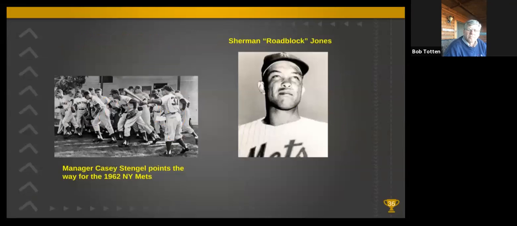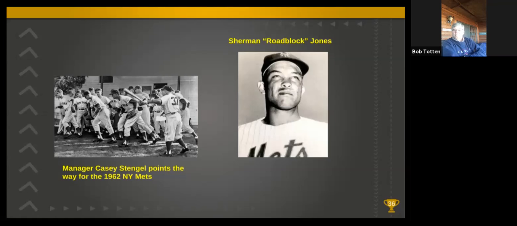4 years after playing for the Hawks, Jones was playing in Class AAA for Tacoma of the Pacific Coast League. And every good ball player needs a nickname, and Sherman Jones got his nickname while he was playing for Tacoma. He had a record of 10 wins and no losses, and he was a pitcher that seemed to be called on so often to stop a losing streak that a local sports writer gave him the nickname Roadblock.